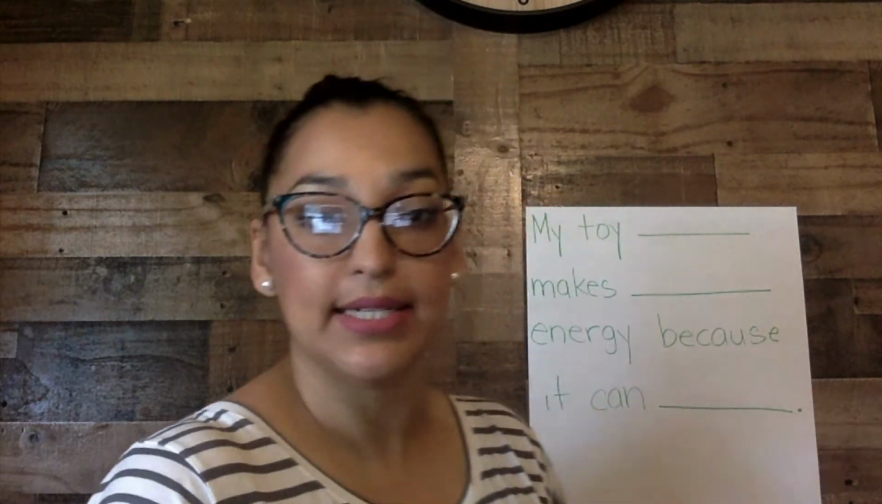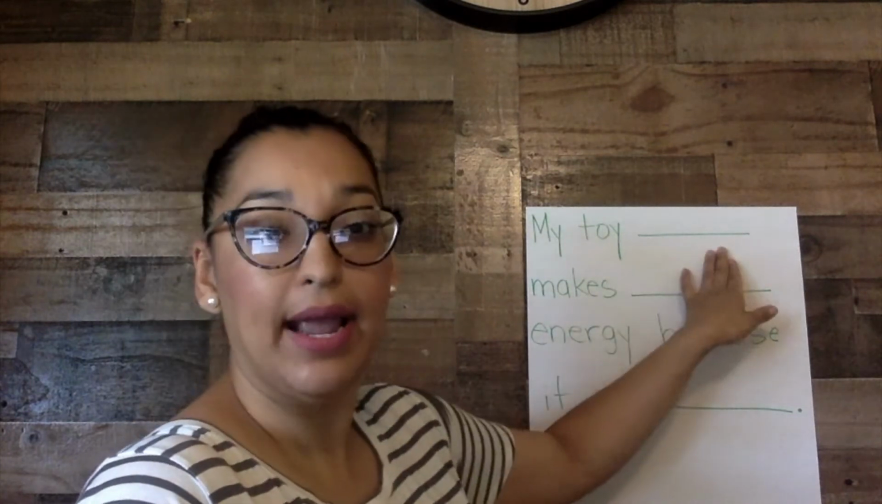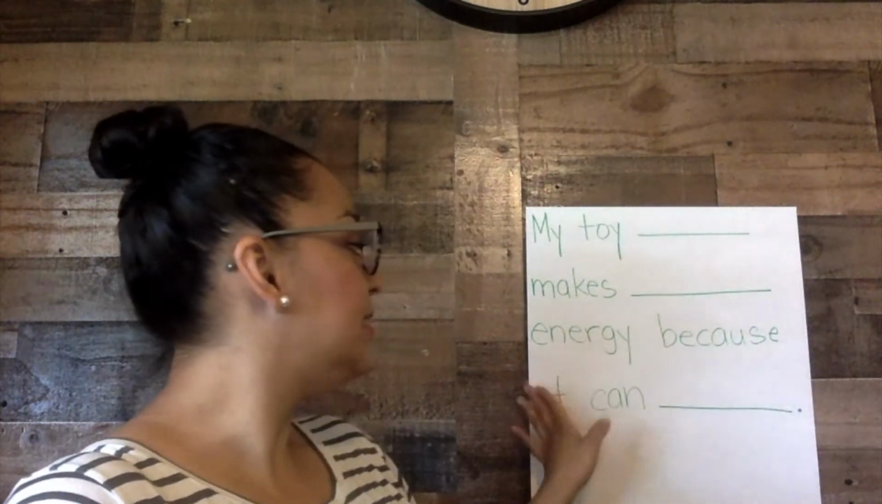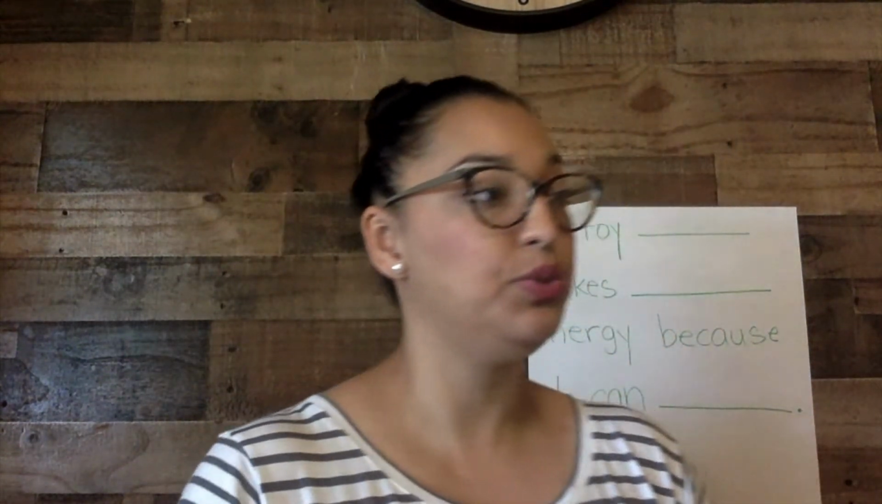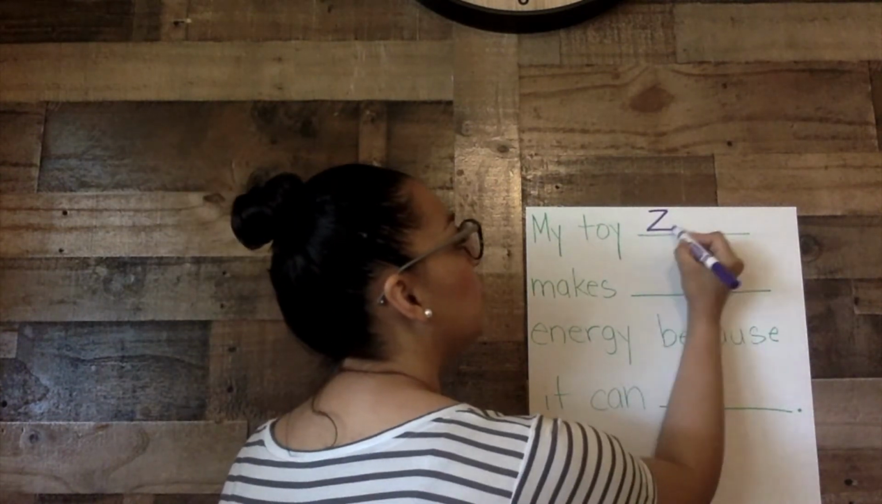So I made a little sentence stem. So right here, it says, my toy blank makes blank energy because it can blank. So I'm going to fill it out. I'm going to choose the Zurg one. So I'm going to put my toy